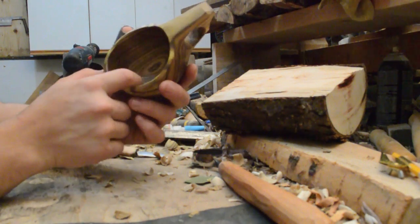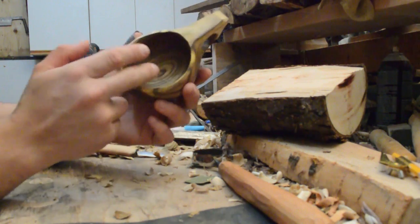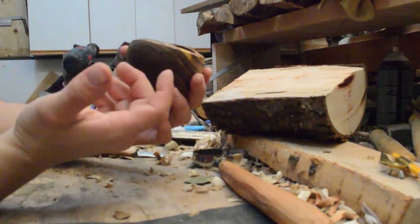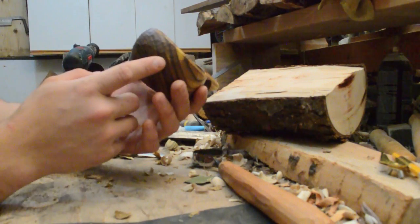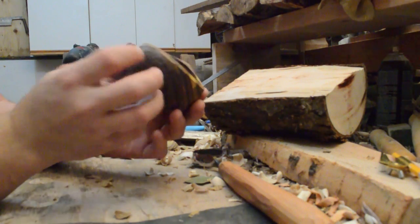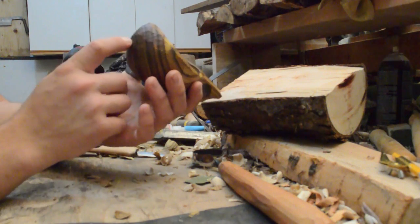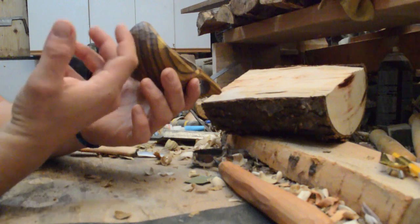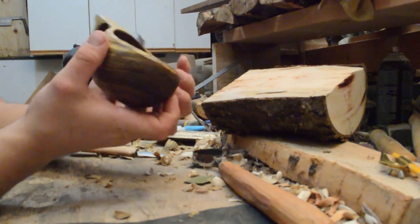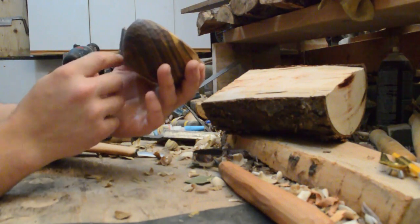Now, this could affect the taste a little bit. The first maybe couple cups of tea, you might notice a little film on the top of your tea. Maybe some of the mineral oil is getting in there. But what I want is beeswax in the wood. I want it to resist stain and just protect the wood, and also in this case with the sumac help resist the leaking from occurring. So anyways, I applied the finish and tested it, and it's not leaking anymore,